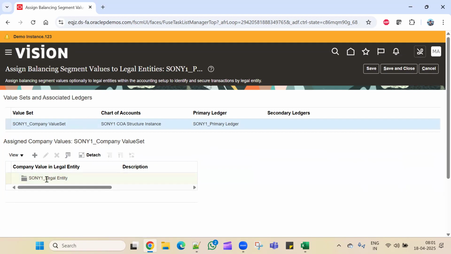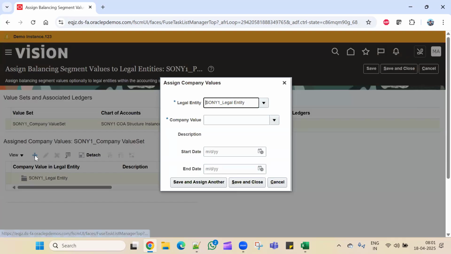So click on the plus button. Company value: search, click on the drop-down. Here you can see there are two companies. So we created two values at company level, 10 and 20. Just select 10,